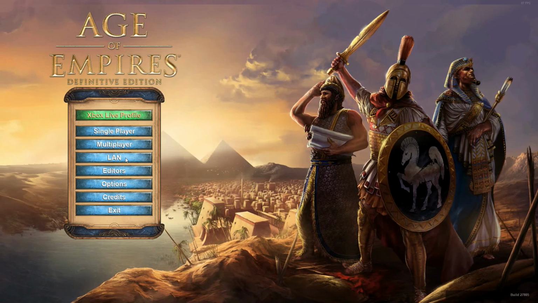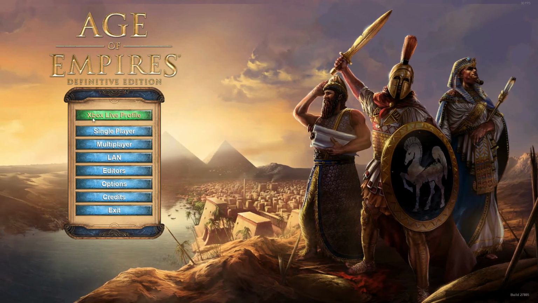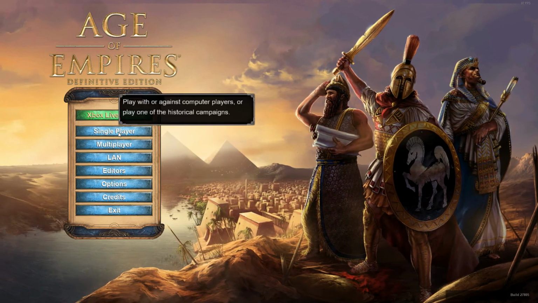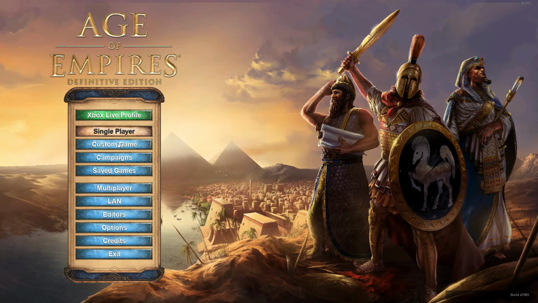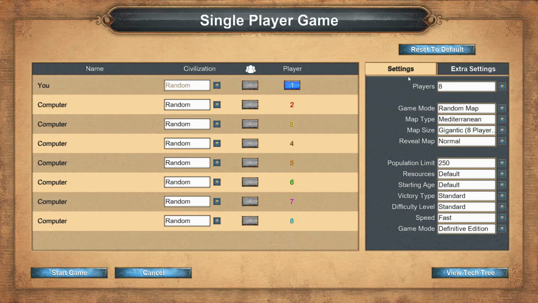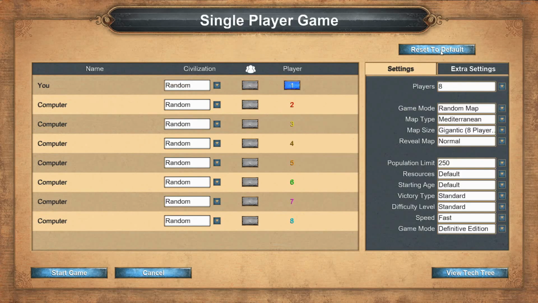Single player, multiplayer, LAN, editors, options, credits, exit, Xbox Live profile if you're into that sort of thing. Single player, you have custom games, campaign, and save games. Custom game, this is the screen here. Your extra settings, reset everything to default,